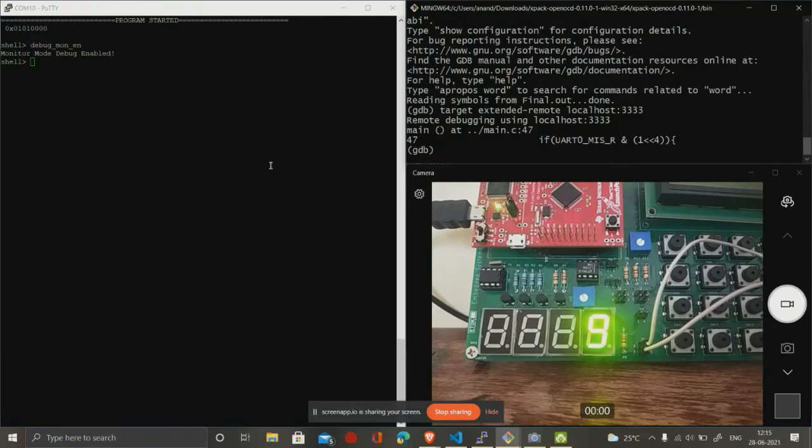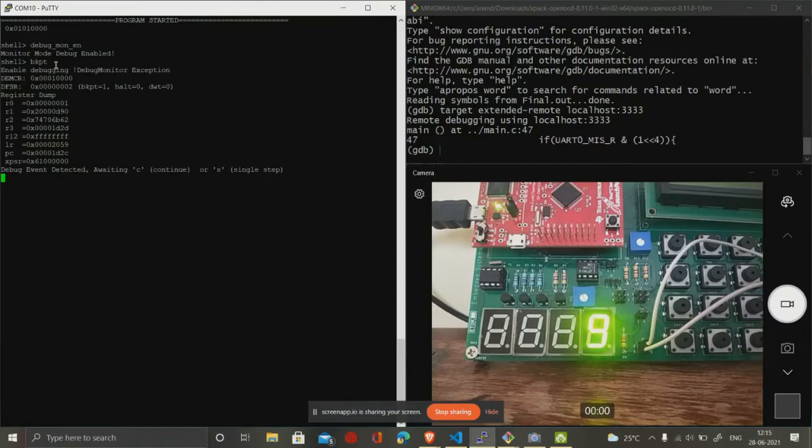We can use our breakpoint functionality to halt a program. To demonstrate that, we included one special command called bkpt. This command will add a breakpoint at the starting location. So I will just hit enter now. Now you can see we get this output. By looking at the value of this register, we can guess that there is one breakpoint, and the program counter is currently stopped at this point.